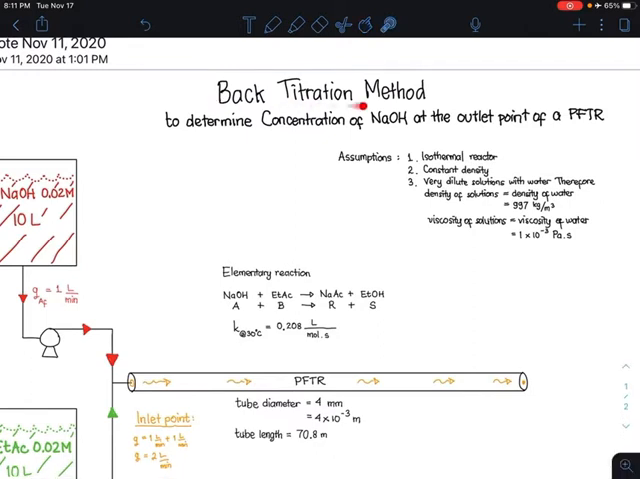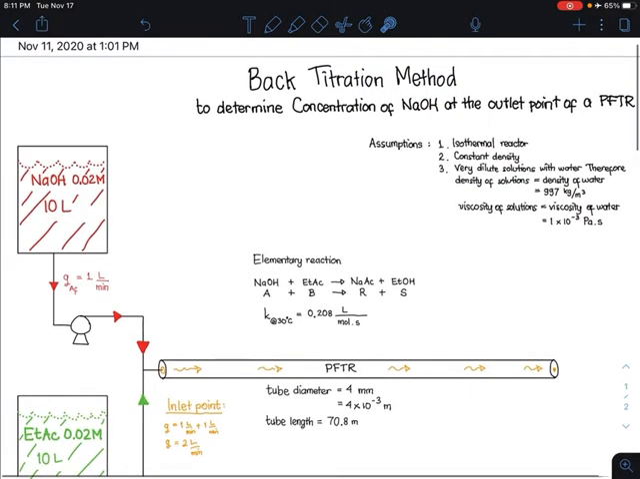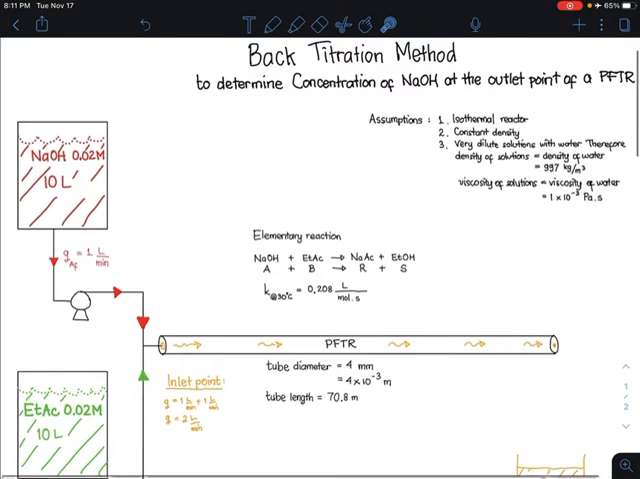Okay, so you will apply this in one of the practicals in your 5204. We'll be using this setup. Quite simple. We have a reactant tank with sodium hydroxide, concentration 0.02 mole per liter, volume